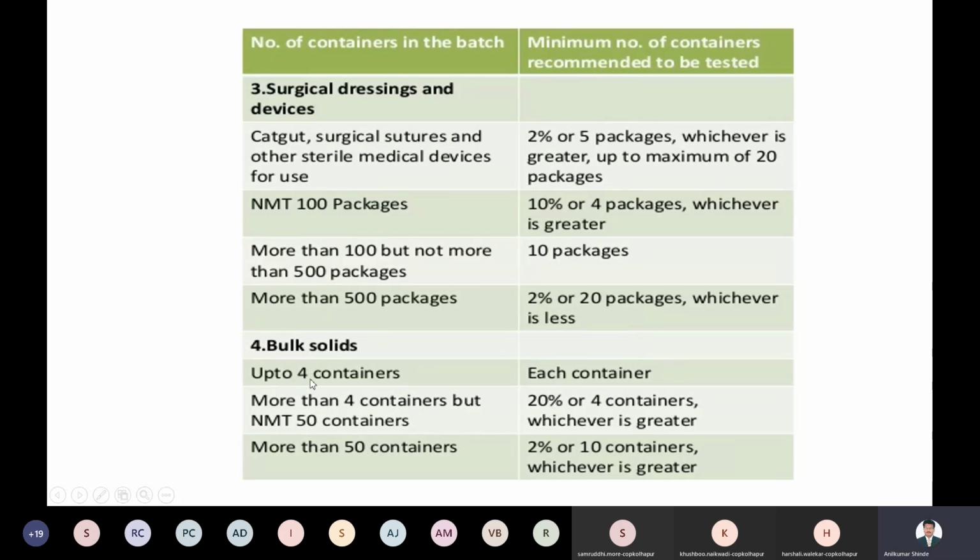Right. Then for bulk solids. If you have prepared different bulk solids, means if you have prepared injections, right? Or there is a powder injection. We just fill up the container with the powder. It is called a reconstitution powder. So before administration of the injection, you can dissolve it in suitable water or sterile water, and then you can inject it into your body, right? That is called bulk solids.